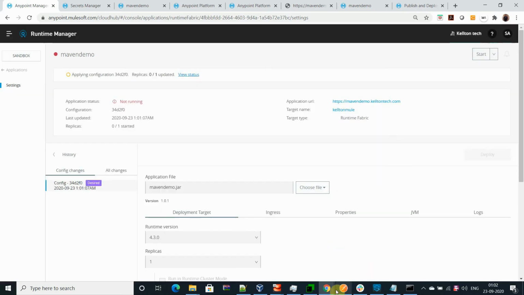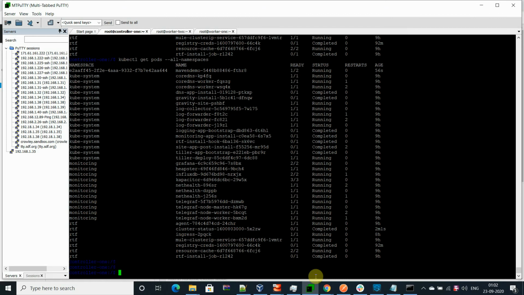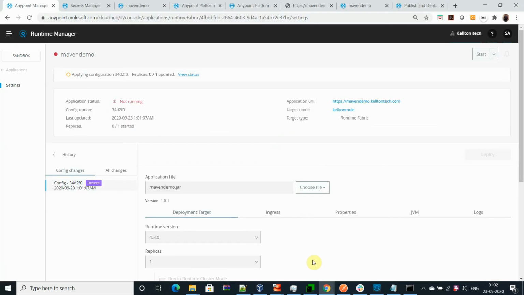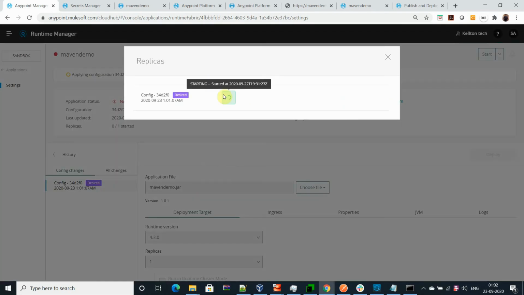Okay, it will complete. It takes some time to reflect the status over here. Sometimes it's because of my network and the resources on my local environment, but be sure that it reflects quickly to the line that you are seeing right now.